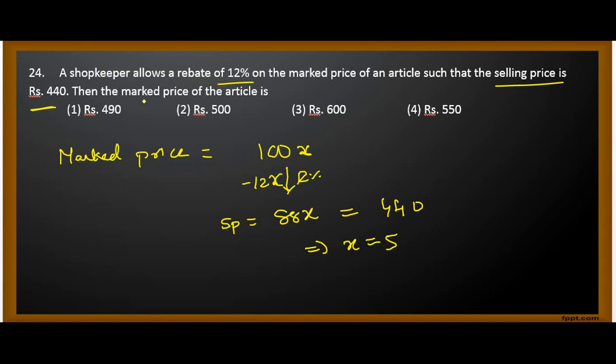The question here is, what is the market price? Market price is equal to 100x, that equals 100 into 5, which is 500. So the answer is option